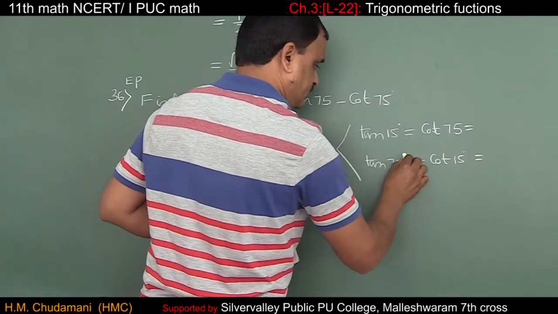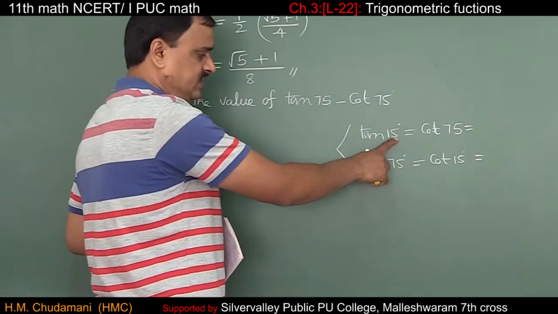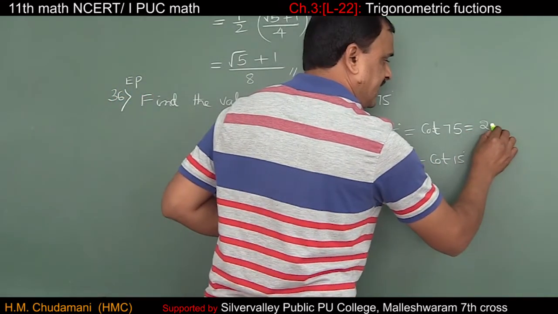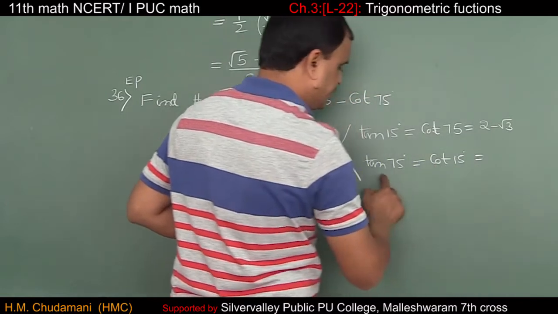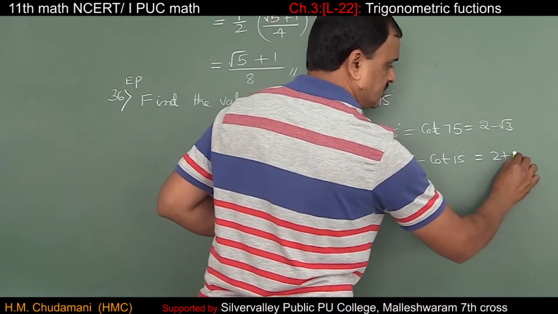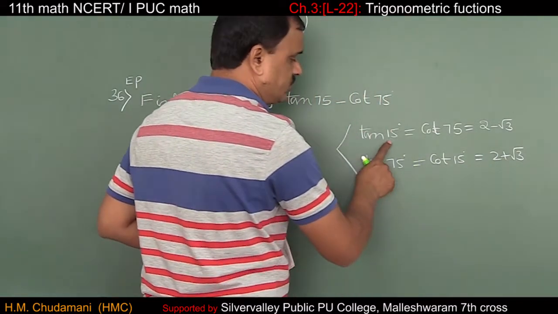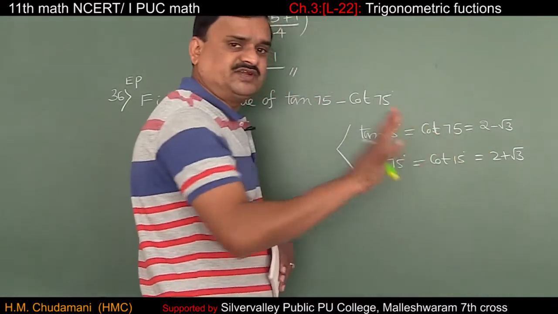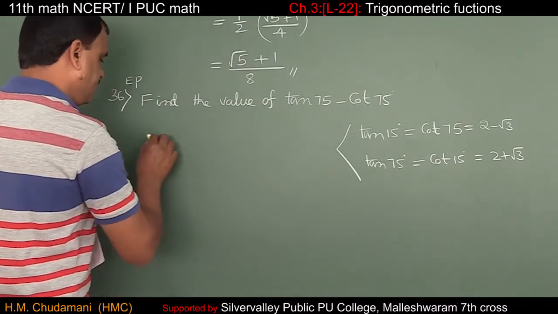I've given this, of course. 15 is a smaller angle. This is a bigger angle. So for the smaller angle, 2 minus root 3. For the bigger angle, 2 plus root 3. This is how you can remember. If you could remember tan 15 as 2 minus root 3, tan 75 must be 2 plus root 3. Okay. So therefore,